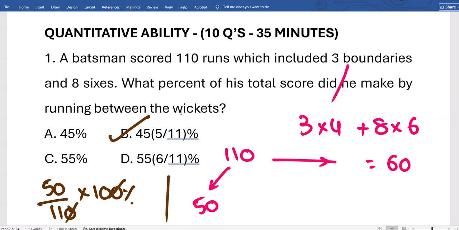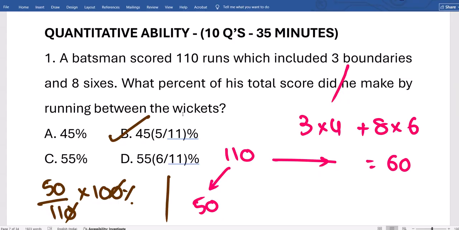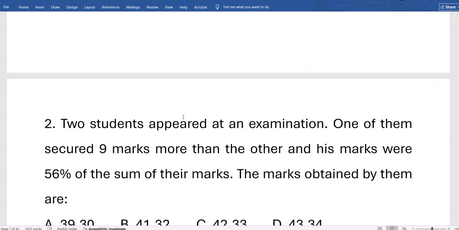It's all about how to solve things. See the next question. I hope you are done with this. Understand, right? Clear, right? Next,